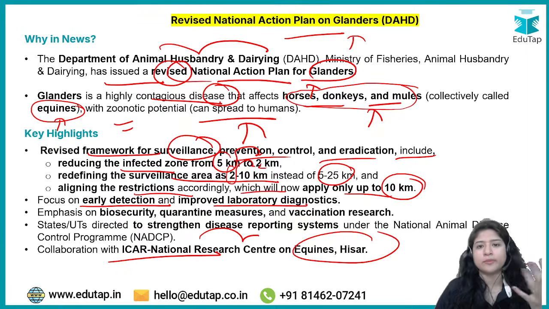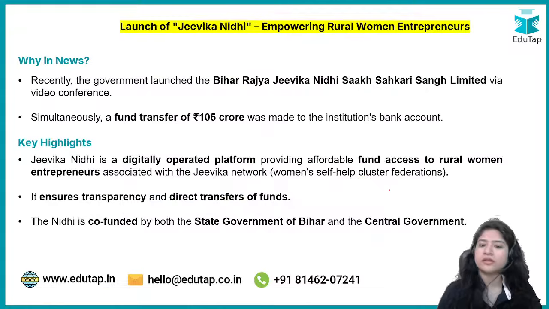Now if there is a 4 people team and the area is like 25 kilometer, that's very much, right? But if the area is like 10 kilometer, if you compare it, surveillance can be better, right? Infected zone 5 से 2 का है, that is a good thing. And the restriction now applies only to 10 kilometer, ठीक है।